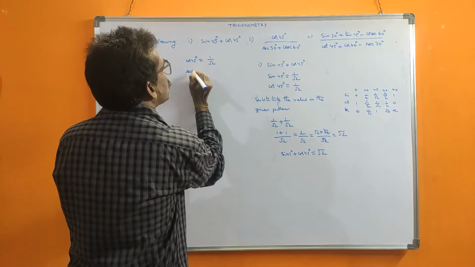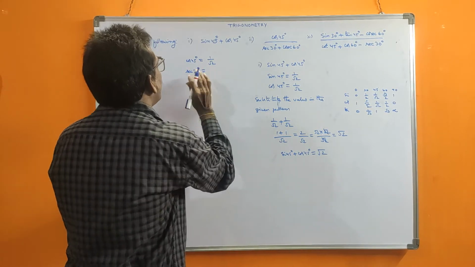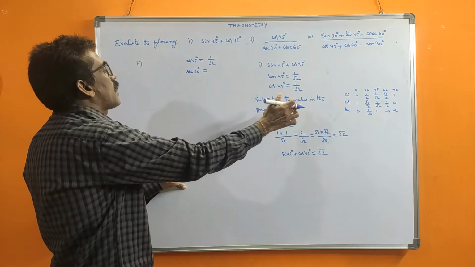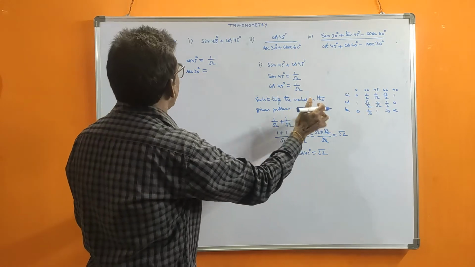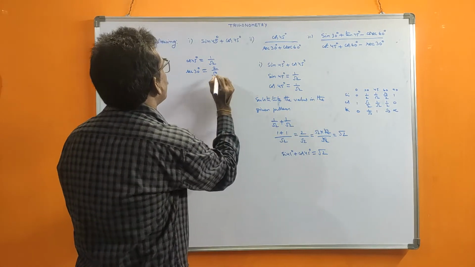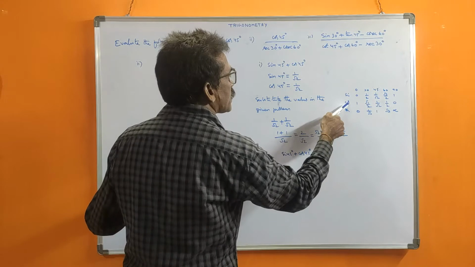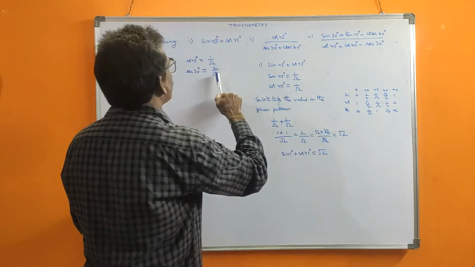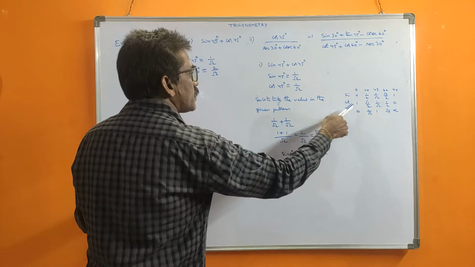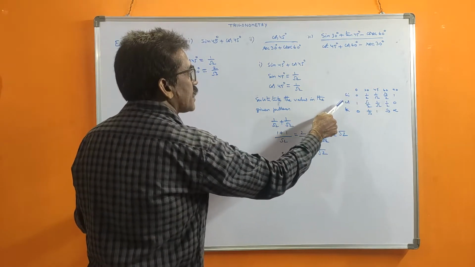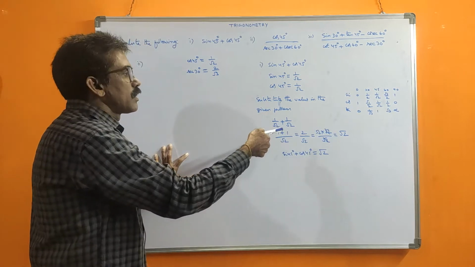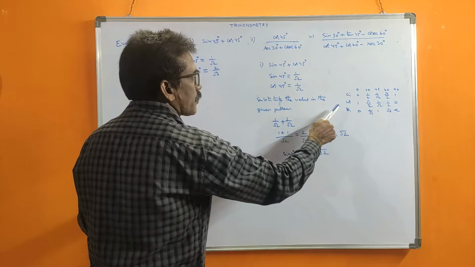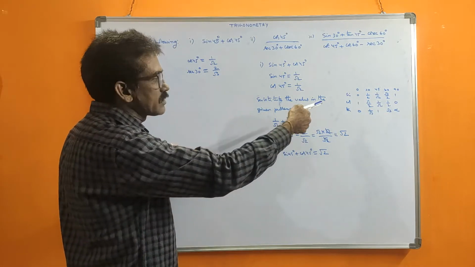Next, secant 30 degrees. Secant 30 means what? For cos 30 you should see. Cos 30 is root 3 by 2. You should write 2 by root 3. See, secant is for cos 30, because it is the inverse, 2 by root 3, right? See, sin, cos, tan means direct values we write. Cosecant, secant, cot means reverse values we write. Because cosecant is the inverse of sin, secant is the inverse of cos, cot is the inverse of tan. I already told you, once I revised.